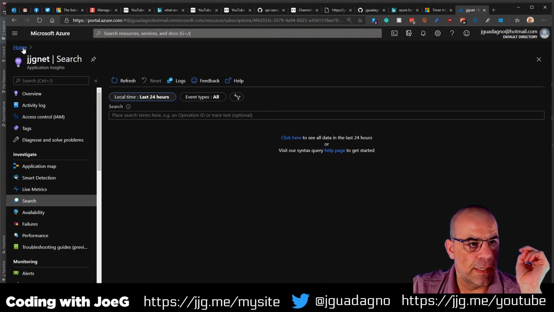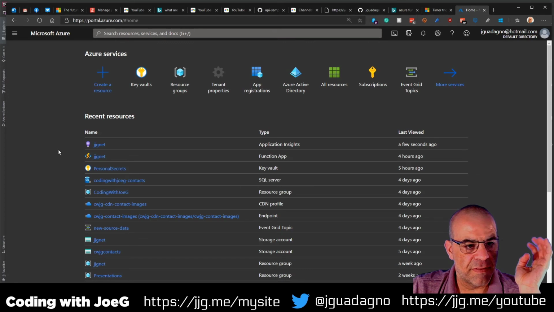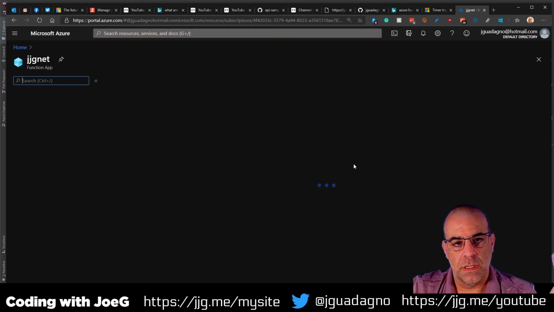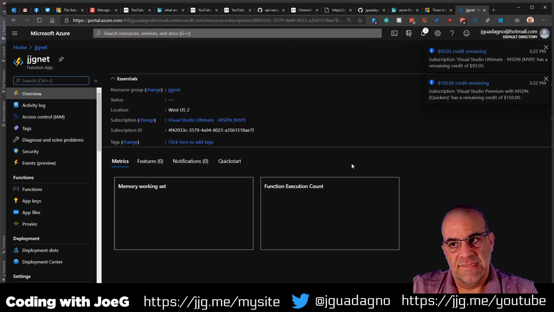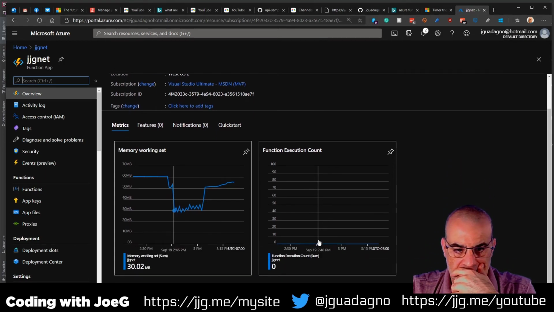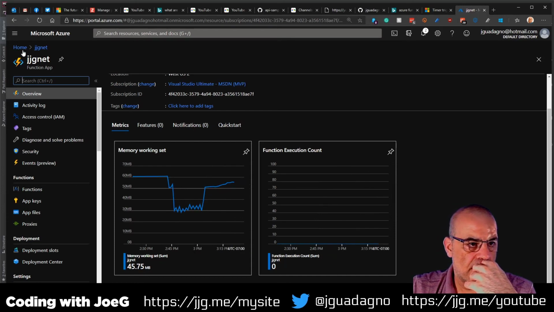This is the app insights for it. This should show some usage now that hopefully it's compiling and working. See it drop. That's when it stopped it. It started up again.